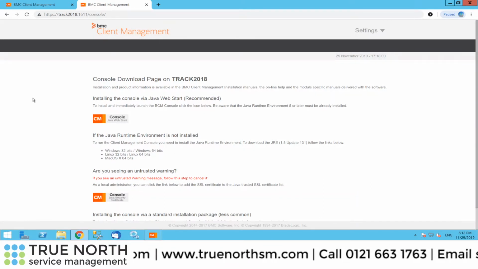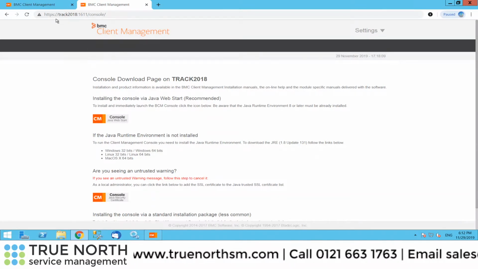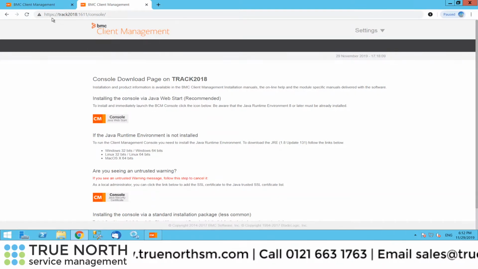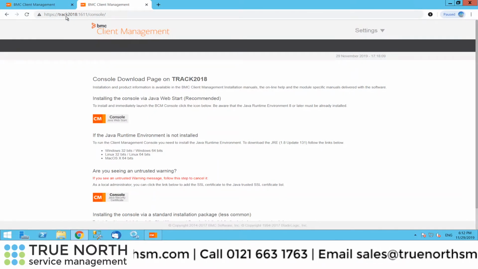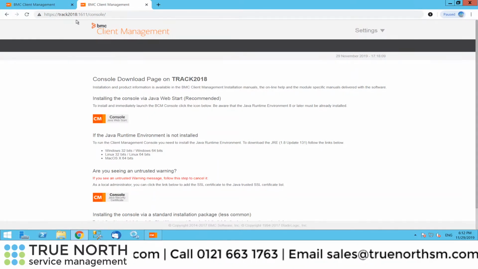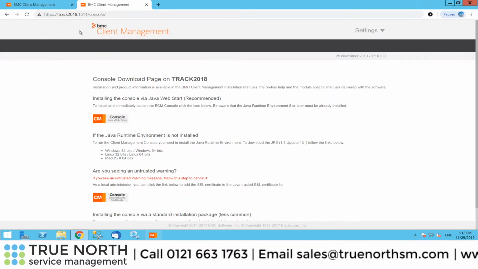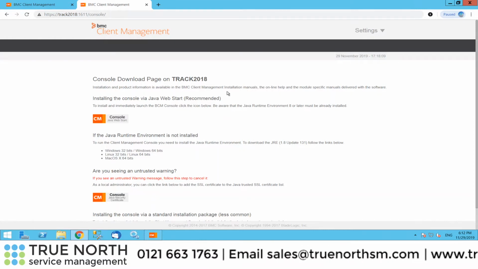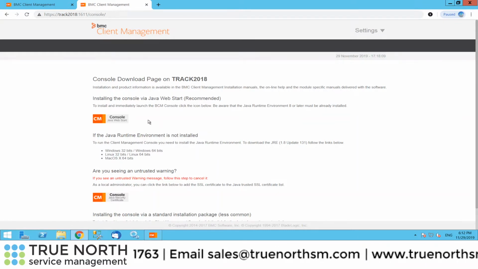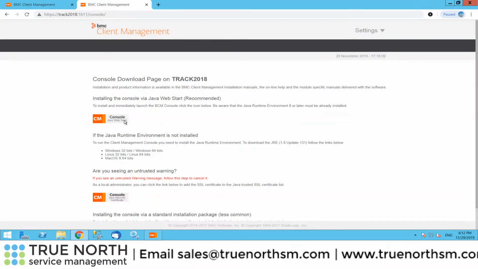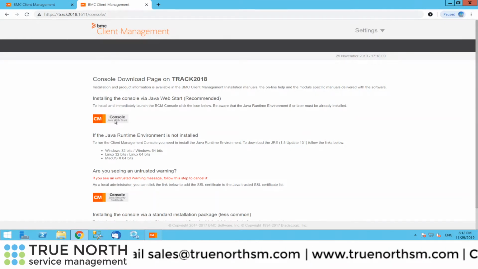So open up your browser and go to https://server name. In my case, it's called Track 2018:1611/console. And this will open up this page where you can install the Java console. Obviously, that's the first link, but the process would be to